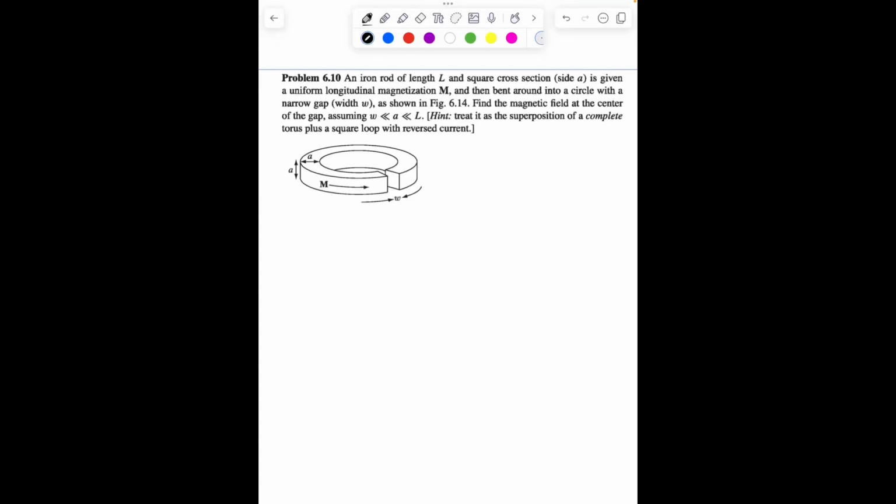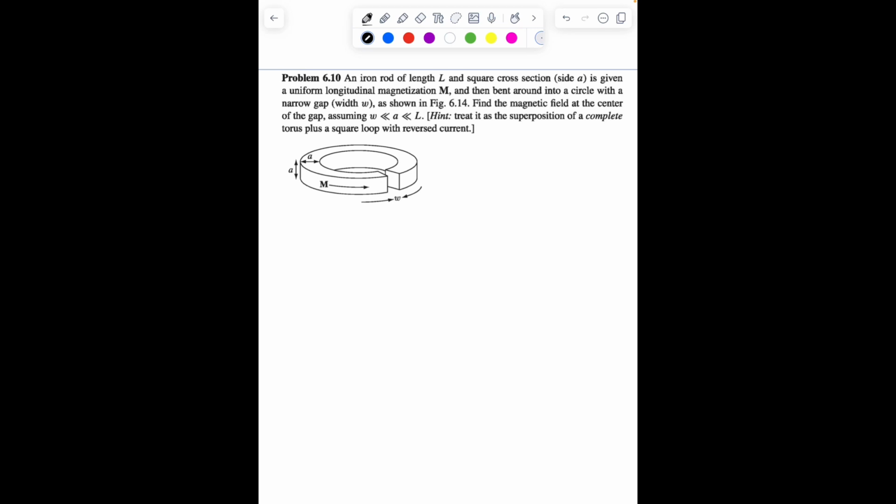Hi everyone, today I'm going to be solving Griffiths Problem 6.10. In this problem we deal with an iron rod of length L and a square cross-section given a uniform longitudinal magnetization M that's bent into a circle with a narrow gap. And we're supposed to find the magnetic field at the center of the gap, assuming that the width of the gap is much less than the length of the square side, which is much less than the length of the